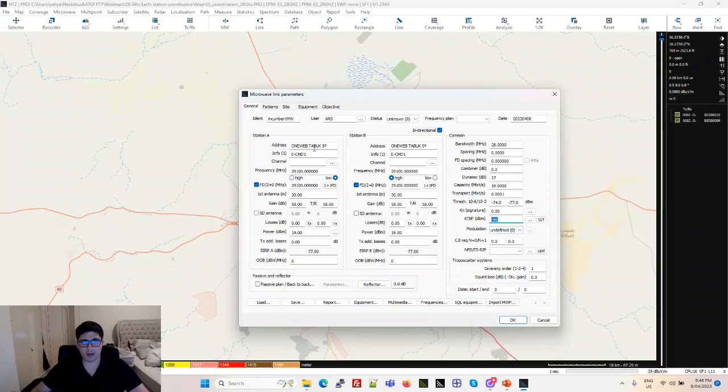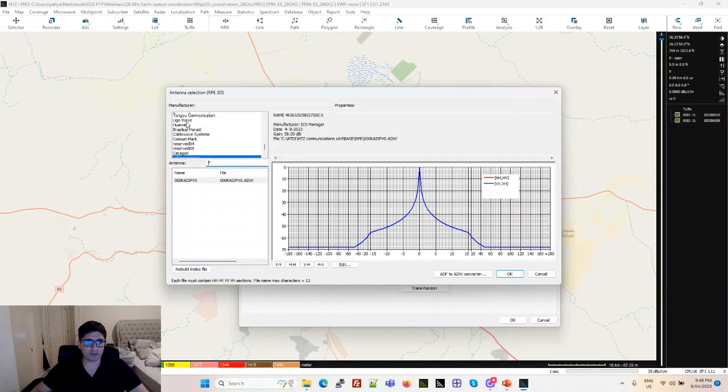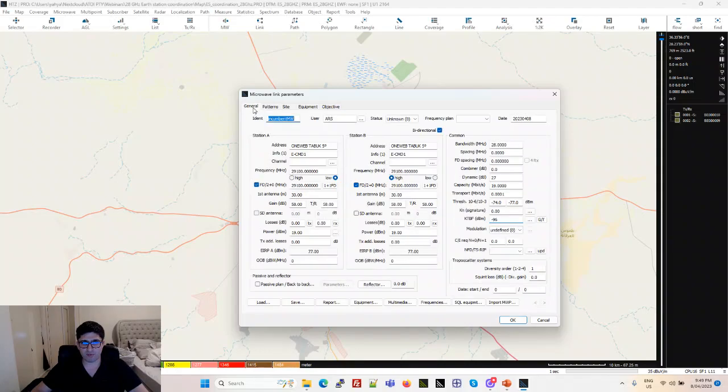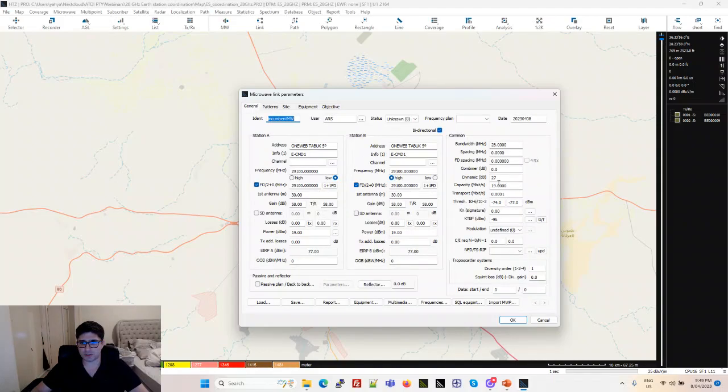So antenna pattern. I'm going to choose one of the vendors here, or I can just simply use ITU. I prefer to use ITU for now for speed. Here you go. So now I can use ITU 699 to calculate the antenna pattern from the frequency and from the antenna gain. That's how it works. So that's it, done. I've got my pattern in place, and I've got my general tab configured, and